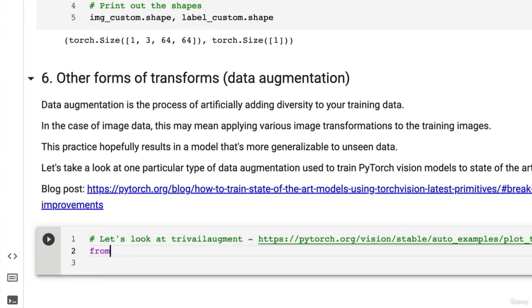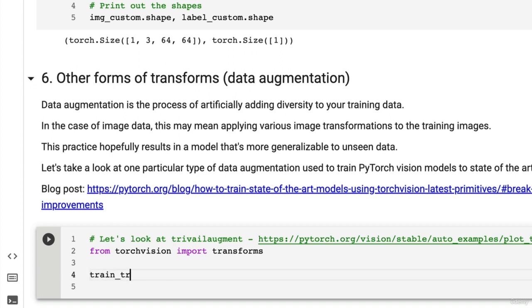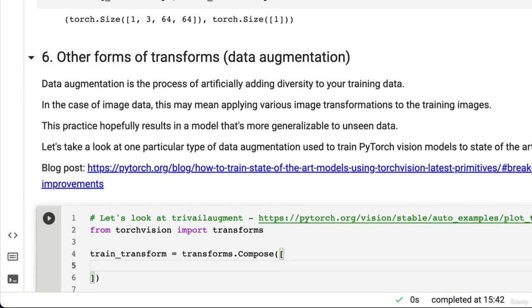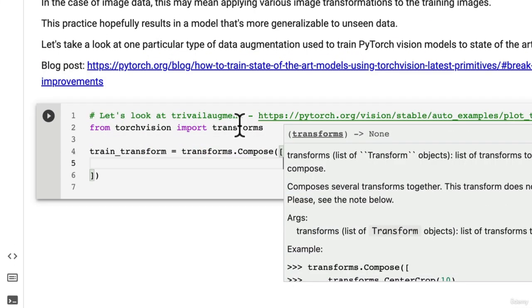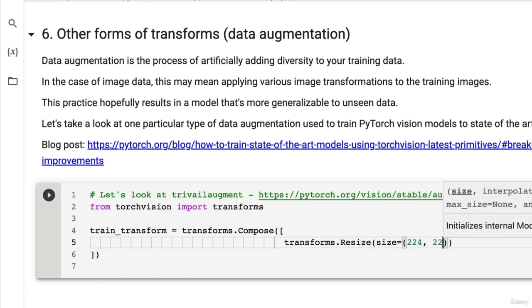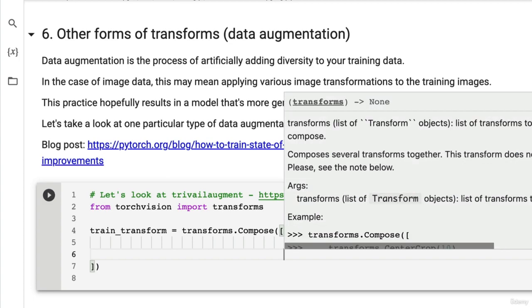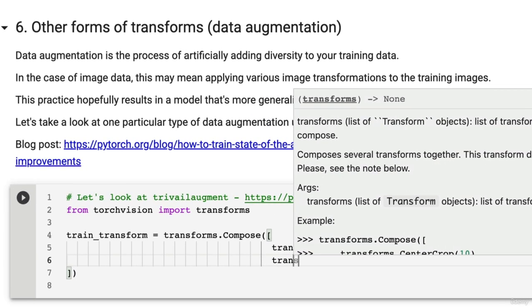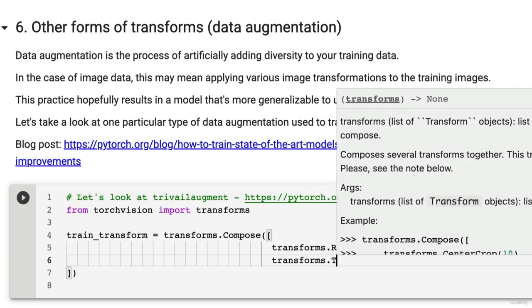So we'll import from Torchvision, import transforms, and we're going to create a train transform, which is equal to transforms.compose. We'll pass it in there. And this is going to be very similar to what we've done before in terms of composing a transform. What do we want to do? Well, let's say we wanted to resize one of our images or an image going through this transform. Let's change its size to 224, which is a common size in image classification. And then it's going to go through transforms. We're going to pass in trivial